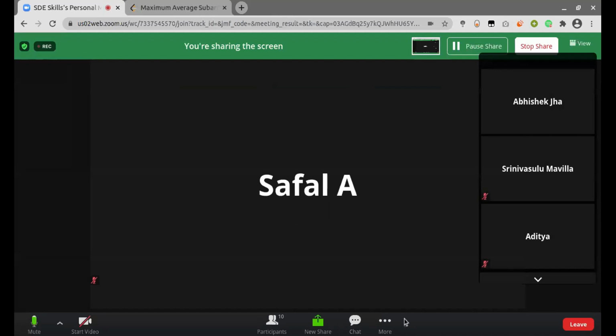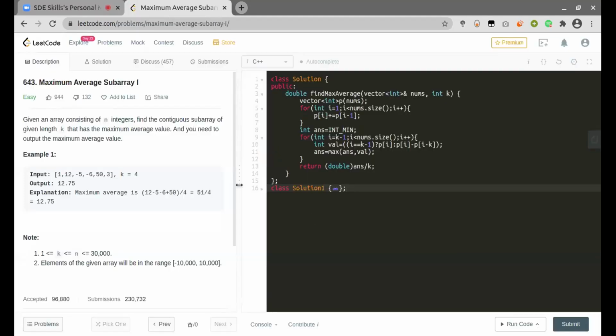Cool. So I will just share my prefix sum implementation. First we can start with the brute force one, and then to further optimize it, we can use a prefix sum container which will store our prefix sum, and then it will always give us the prefix sum from the 0th index, and then we can start iterating from our kth index and keep taking the prefix sum of only k elements.